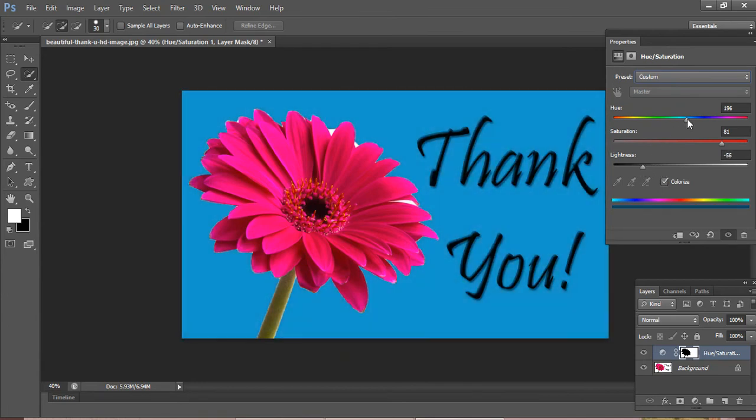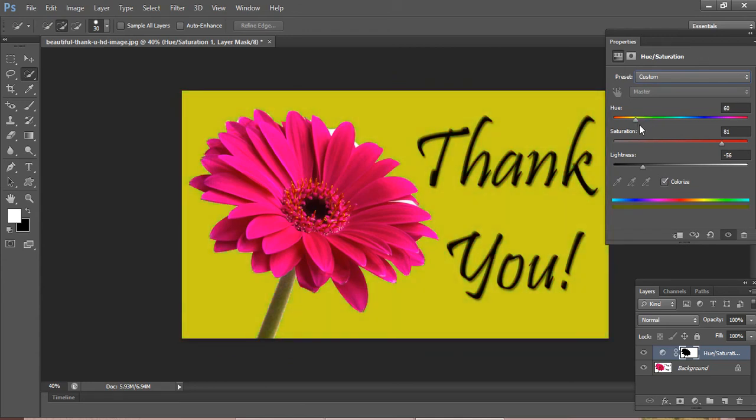So this is the expected output. We should note that hue, saturation and brightness are aspects of colors, that is RGB, red, green and blue. Our aim was to change the background color of this image.